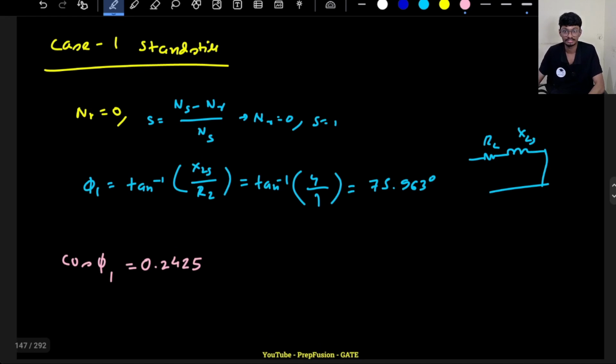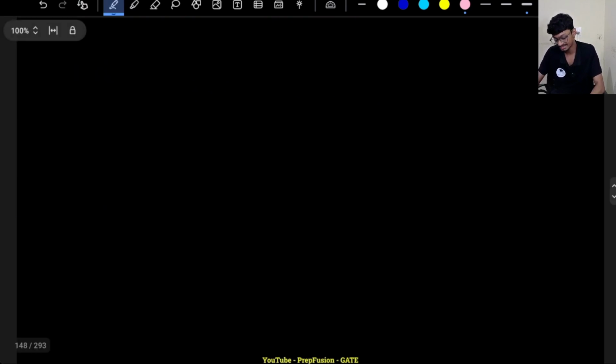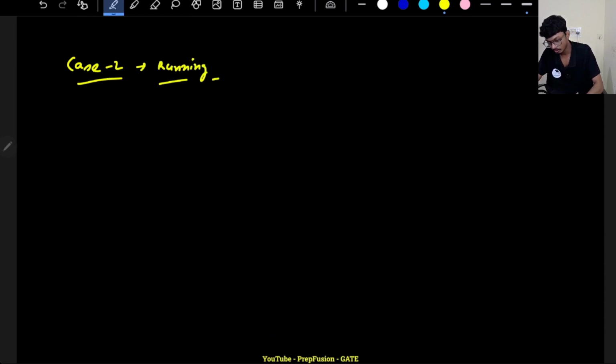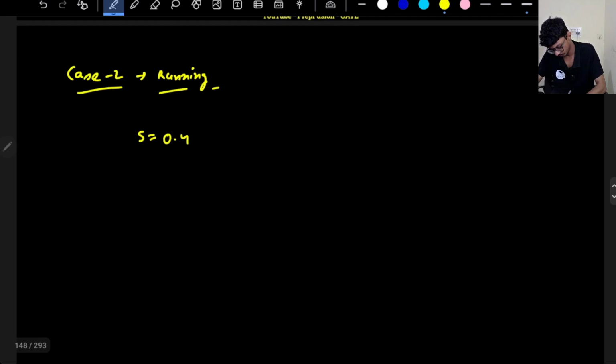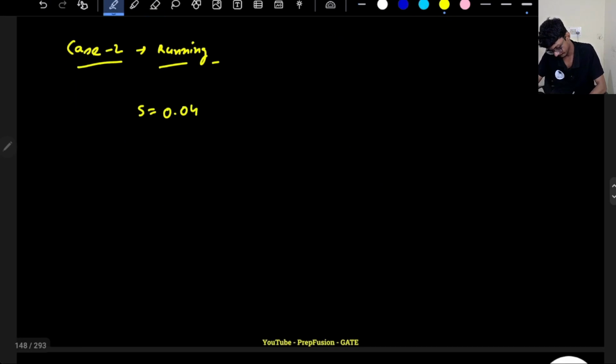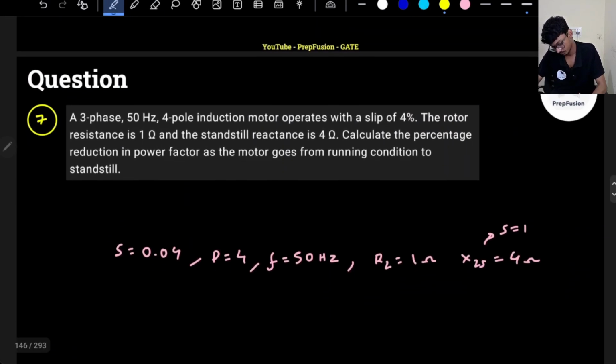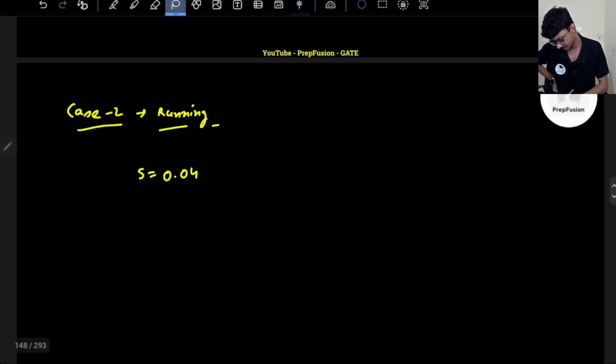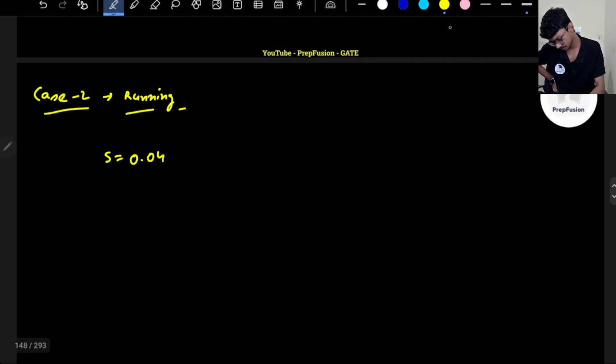What is the power factor in the case 2, when the rotor is in running condition? In case 2, when the rotor is running, they have already given me the slip. Slip is 0.04. Okay, so slip is 0.04, so if slip is 0.04, then